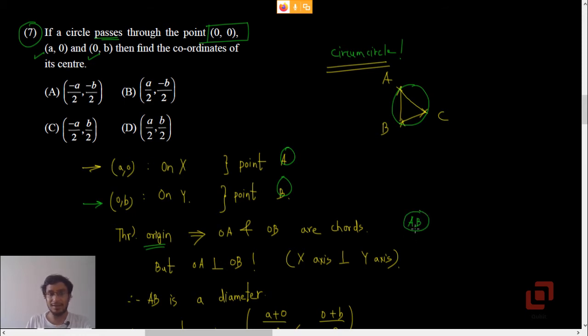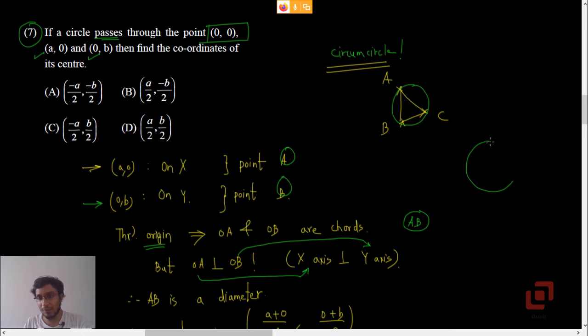We will later on see that this is the diameter of the circle, correct? Now if OA and OB are chords, can we find the angle between them based on the given data? Yes. The segment OA is part of the x-axis, isn't it? Because A lies on the x-axis, and segment OB is a part of the y-axis. And because the x and y-axes are perpendicular to each other, OA must be perpendicular to OB.